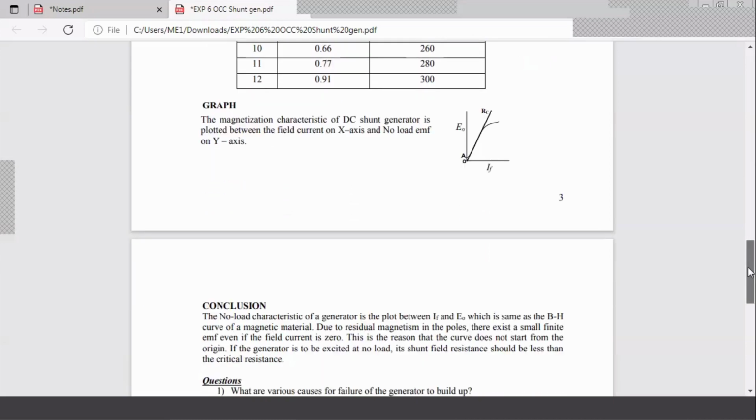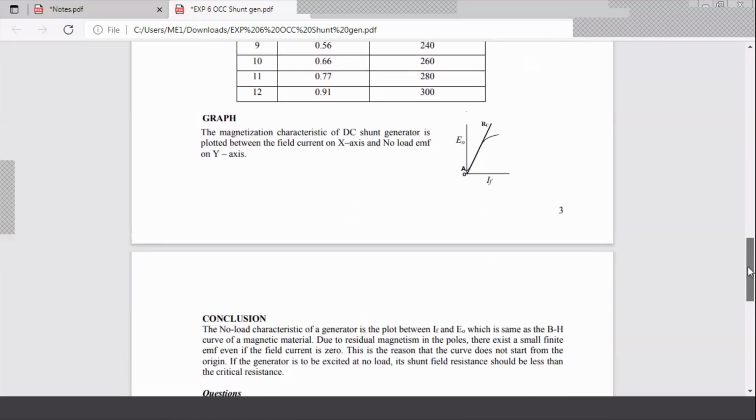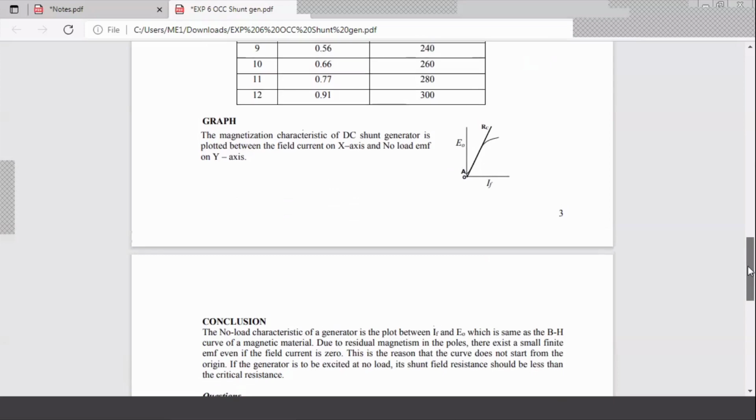I just wanted to give you an understanding of what a generator is, what the types of winding are, how we connect it, what a shunt connection means, and finally how you get this type of characteristics. So now I'll play one video which will also be shared with you later, and you can watch that video right now, and also later in case you have difficulty watching it. Let me just download that on my system first.